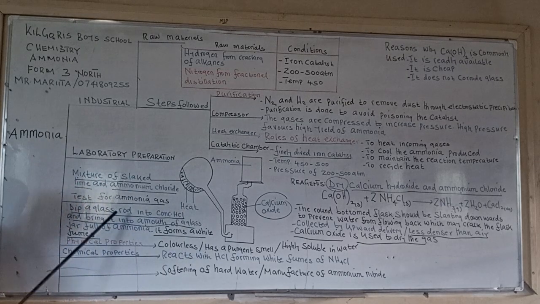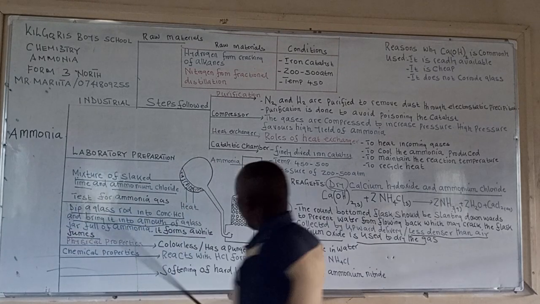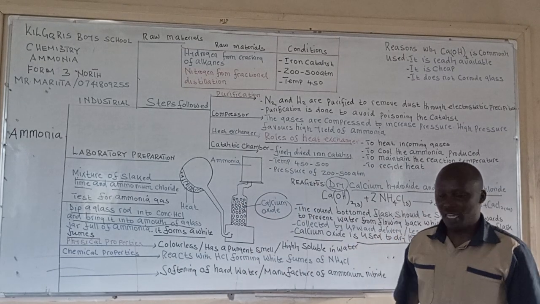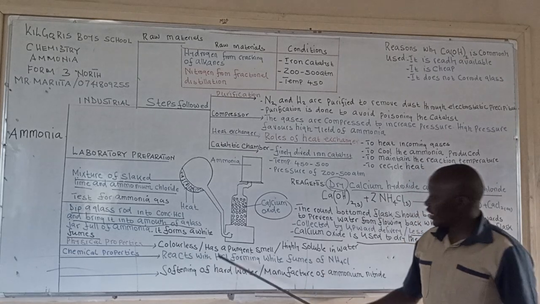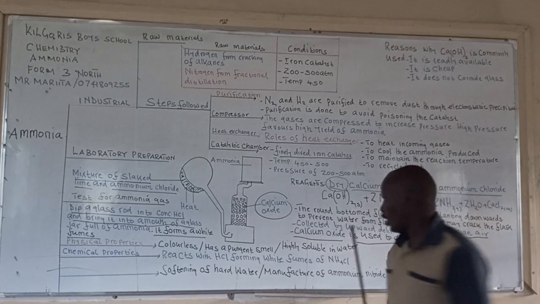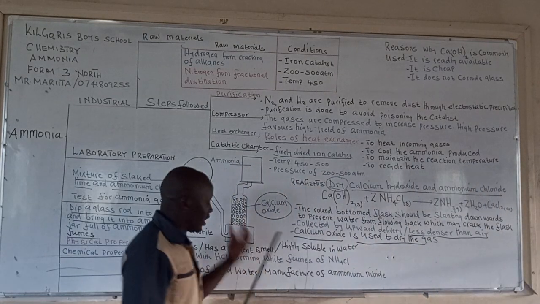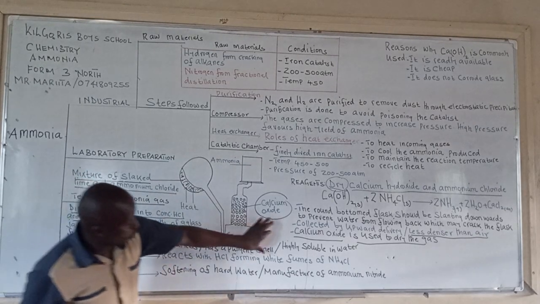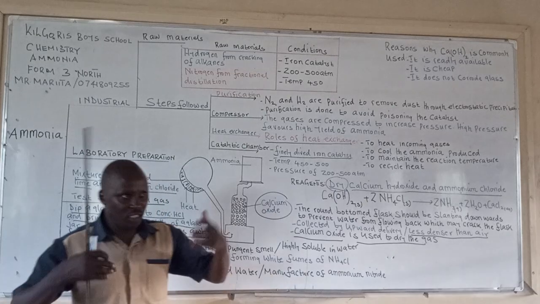So you dip a glass rod into concentrated HCl and bring it to the mouth of a gas jar full of ammonia. It forms white fumes. Now, what are the physical properties of ammonia? It is colorless, it has a pungent smell, and the gas is highly soluble in water. So when you are asked to draw a well-labeled diagram to show ammonia gas dissolving in water,